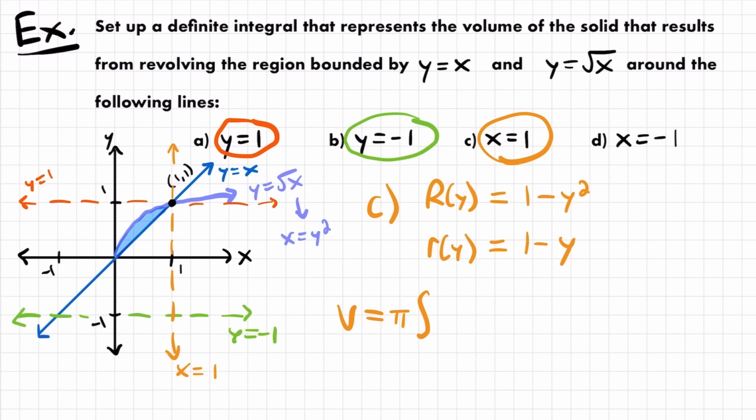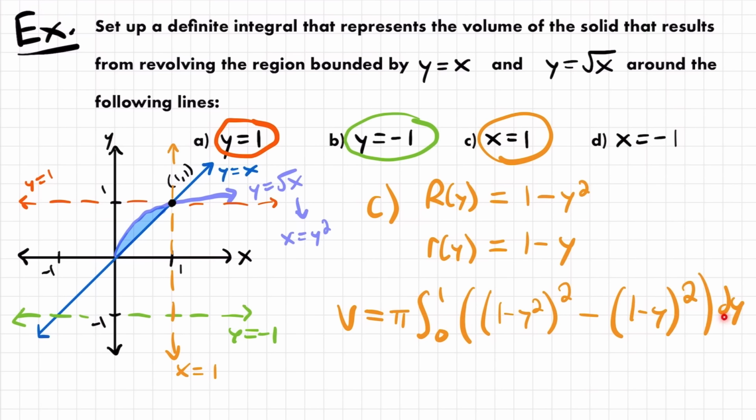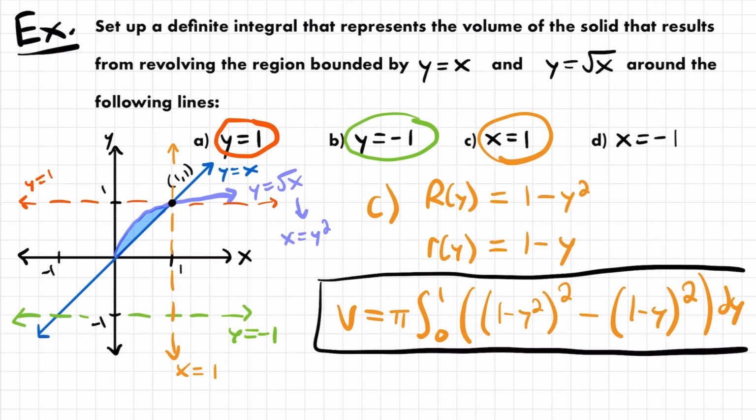So we're still going to be integrating from 0 to 1, except this time those are values of y and not values of x. And then inside the integral, we will have the outer radius, (1 minus y squared) squared, and then subtract the inner radius, (1 minus y) squared, times dy. Right, we're integrating with respect to y because we're working in terms of y. And so this represents the volume of the solid of revolution formed by revolving this region around the line x equals 1. Okay, and so let's clean up our work, and then we will look at the last line, x